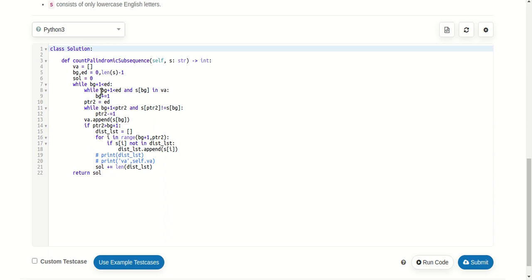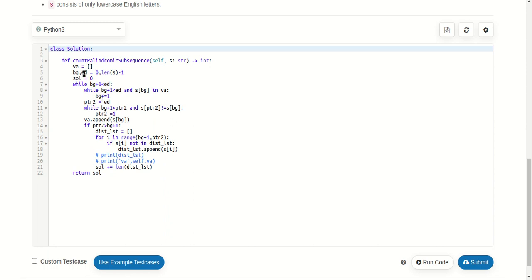Now we'll iterate a while loop, incrementing beginning and decrementing end, and check whether the length between beginning and end is at least 3. If it is less than 3, then we will come out of the loop.